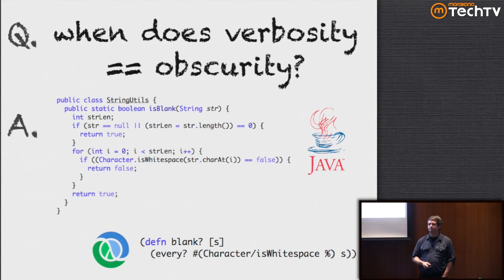Is the question mark character there significant, or is that just a naming convention? It's a naming, I'm glad you brought that up. It's a naming convention in the Clojure world that suggests that this returns true or false. In the traditional Lisp world, you put a P at the end for predicate because the languages wouldn't let you use punctuation for function names. But you can use question mark as punctuation for the function name. It is part of the name, and that's a clue that it probably returns true or false. It's not a requirement, but it's a convention.